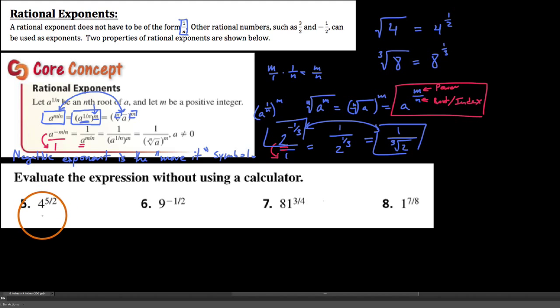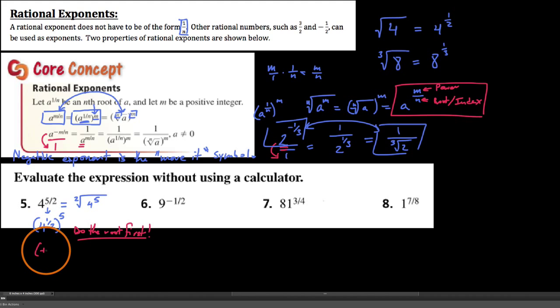We say this is 4 to the 5/2 power. I also want to rewrite this in radical notation. Currently, we're saying 4 to the 5th power, and we're taking the square root of this. Okay. So when we do this, what I want to emphasize is this: we're actually going to do the 4 to the 1/2 first and then apply the 5. These mean the same thing here. So we're going to do the root first, like all the time. Do the root first. So we say 4 to the 1/2, which is the same thing as the square root